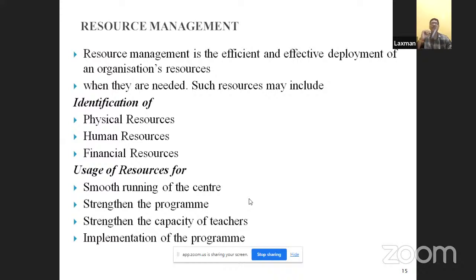Now time management is over, then resource management. We just learned how to manage time. Then how to manage resources in your workplace. That is resource management. Resource management is the efficient and effective development of an organization's resources when they are needed. Such resources may include